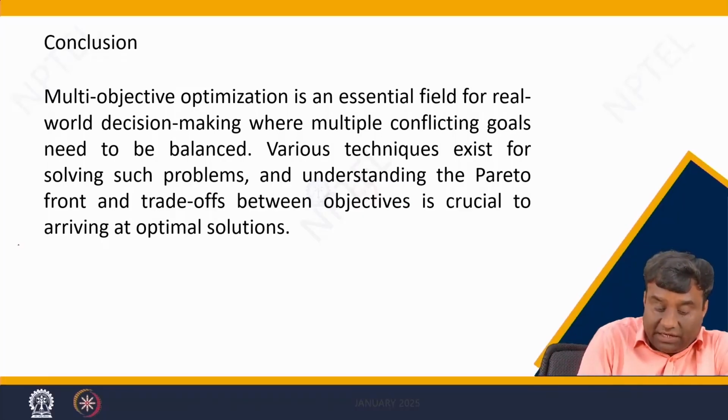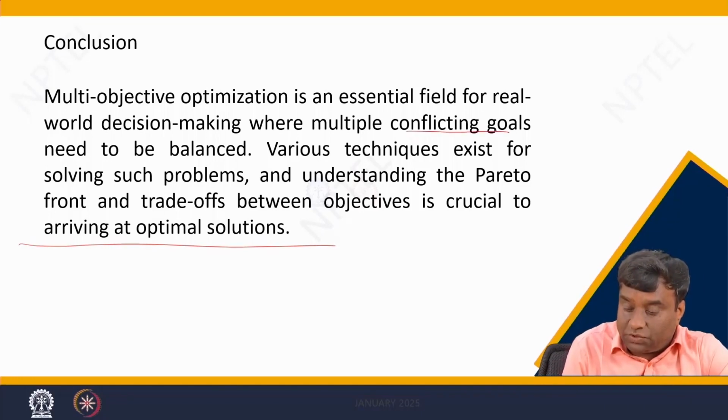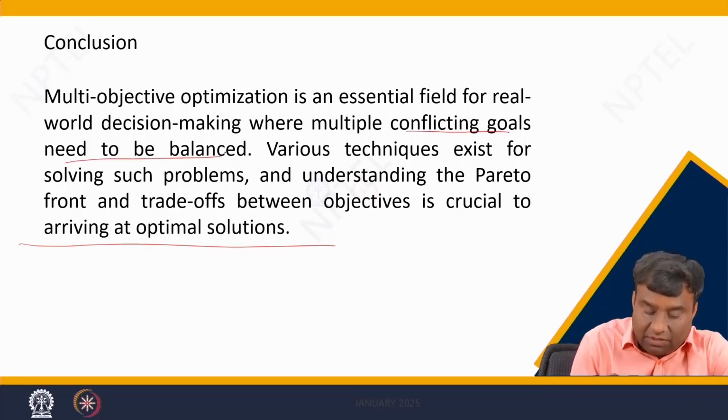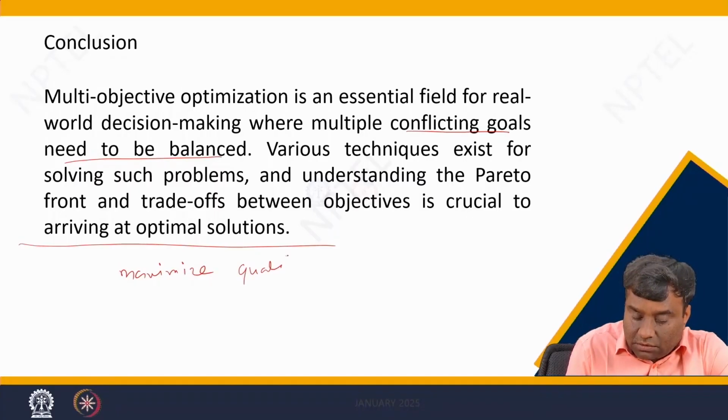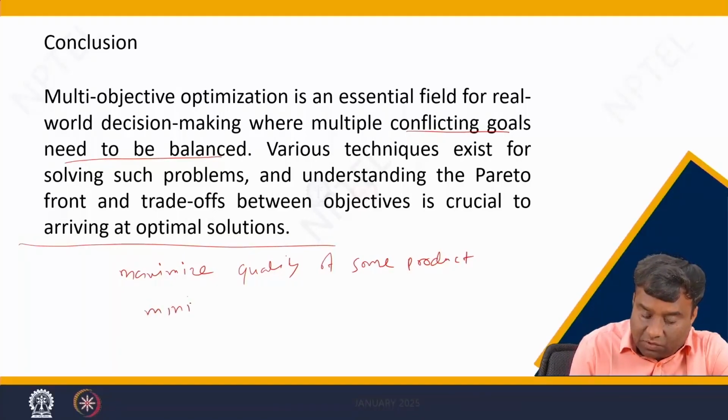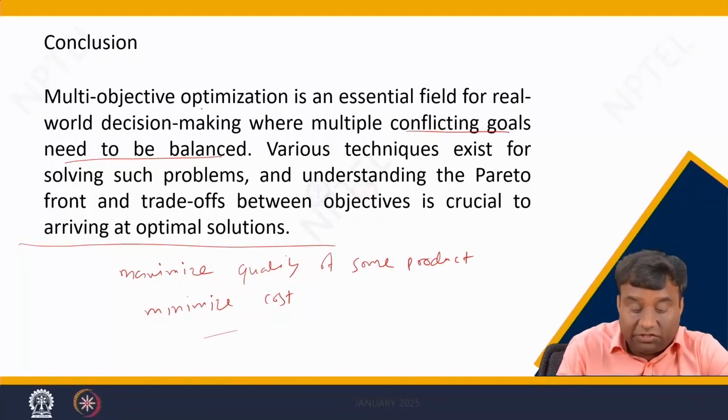So we have seen the conflicting goals. Conflicting goals means something like we want to maximize the quality of some product, and at the same time we minimize the cost. So these conflict with each other. So multi-objective optimization is an essential field for real-world decision making where multiple conflicting goals need to be balanced. Okay. So various techniques exist for